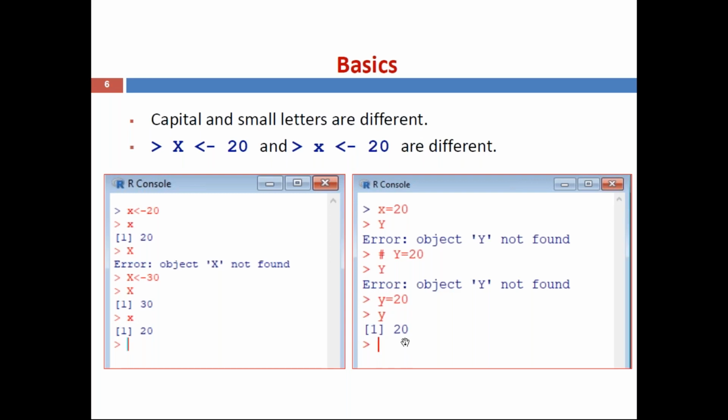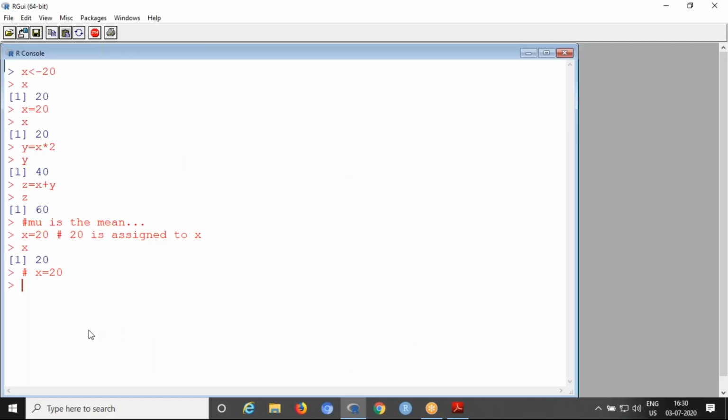Now you can try this one, the difference. Suppose now I am calling with capital X. Here you can see, earlier in the previous history, capital X was not used. So object X not found. Suppose we assign capital X as 30, now we can call capital X, and 30 is displayed. Now we can call small x. See small x, the earlier value, here x equal to 20. The recently used values will be taken here.